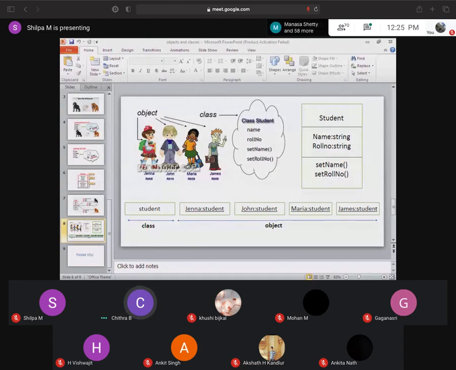The below ones are the operations, which are functions or procedures that may be applied to or by objects in a class. By these operations, we can set many names and roll numbers under the Student class. That's it. Thank you.